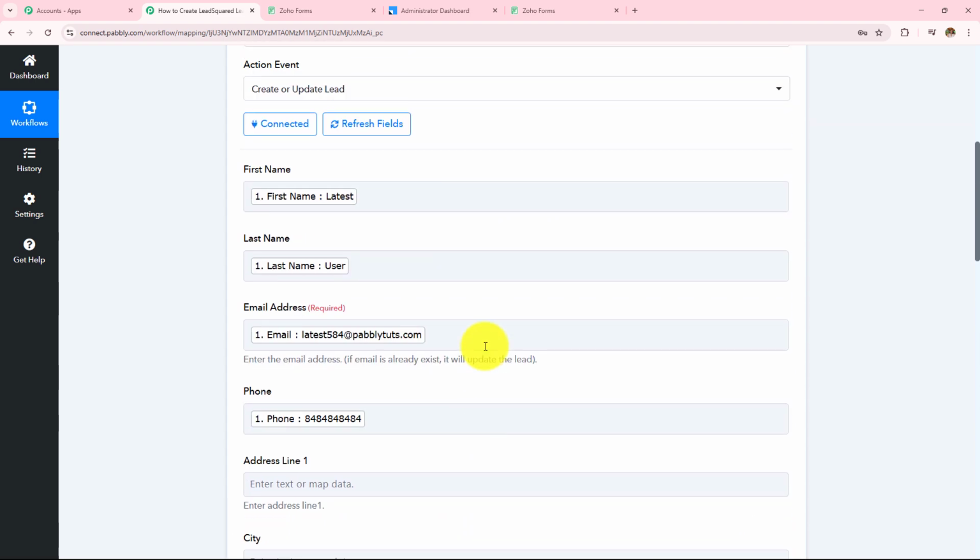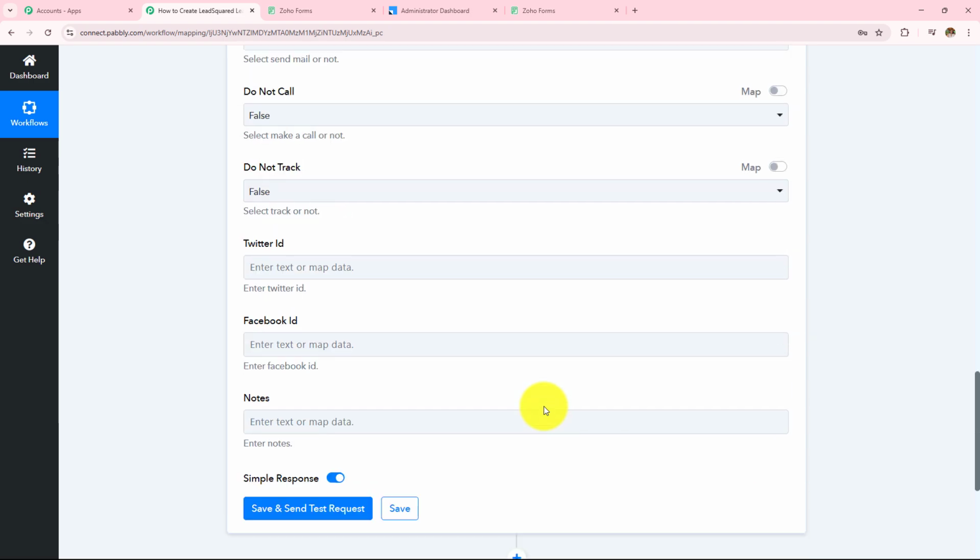Now over here, mapping is important so that every time you receive a new response, it is taken into consideration in these fields. Manually entering the data will make these fields static, and the information will not change even if you have received the new response. Over here, if I manually enter any detail, this field will become static, and every time I receive a new response, the result will not change. So as to keep these fields dynamic, we use this process, mapping, instead of manually entering the details.